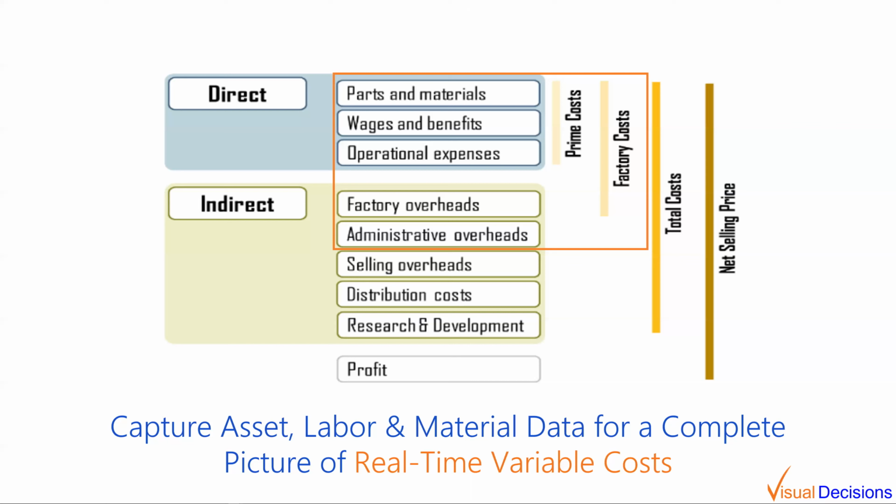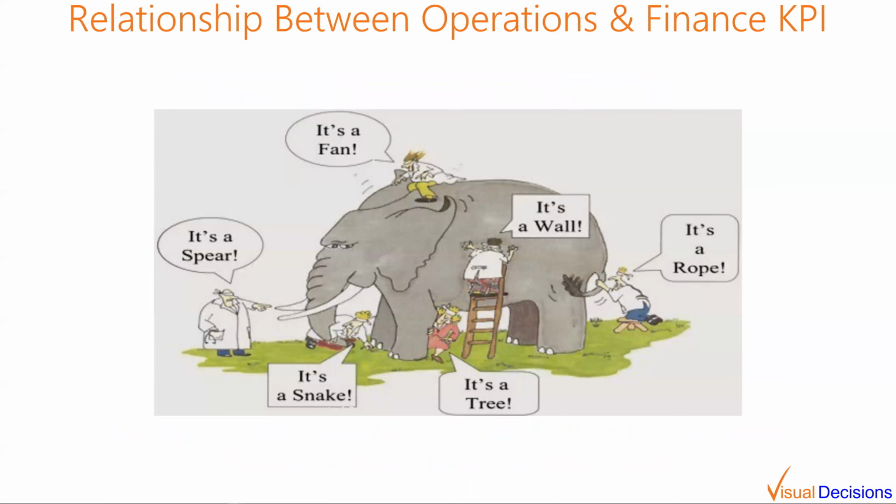And the reason to focus on those is that those are much more tightly tied to the operational KPIs that we traditionally look at within manufacturing. So if we discuss that relationship for a minute between your typical operational KPIs and finance KPIs, some of those are pretty obvious. For instance, scrap. It's pretty easy to translate scrap into dollars, or at least at a simple level, it's pretty easy to translate